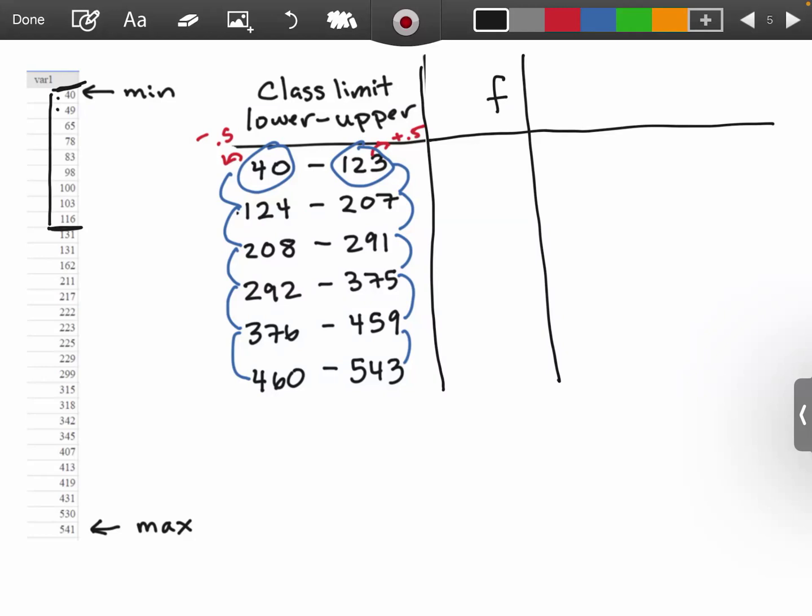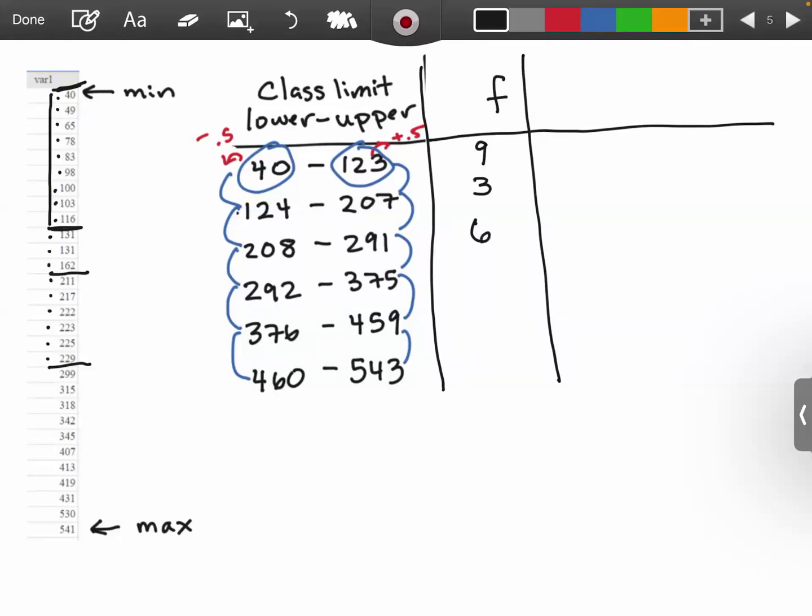Well, we have 1, 2, 3, 4, 5, 6, 7, 8, 9. There's 9 numbers here. What about in the next group? Between 124 and 207. So let's see. Well, 211 is bigger than 207, so our second line stops there. So there's only 3 numbers in the second group. The next group starts at 208 and ends at 291, which is going to be somewhere over there. So let's see, 1, 2, 3, 4, 5, 6. There are 6 numbers between 208 and